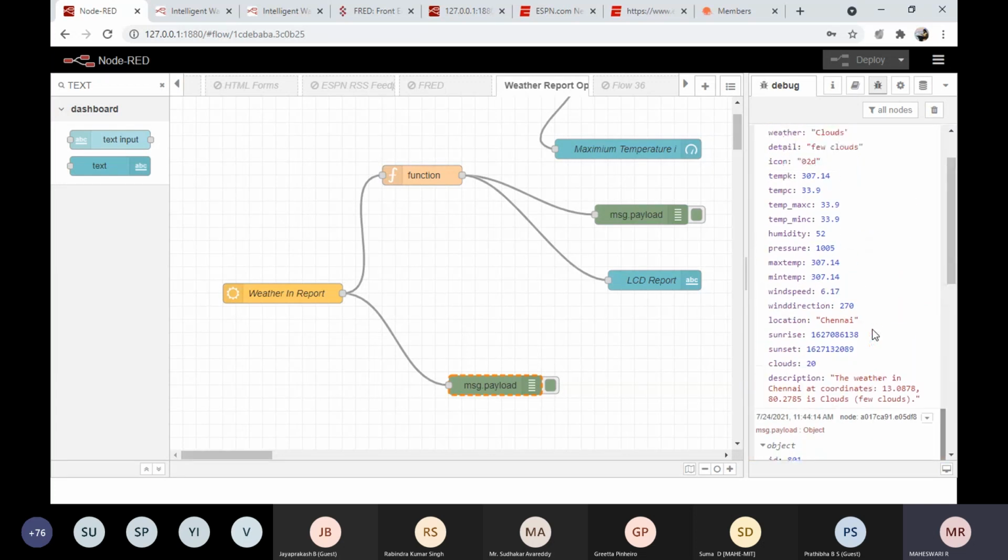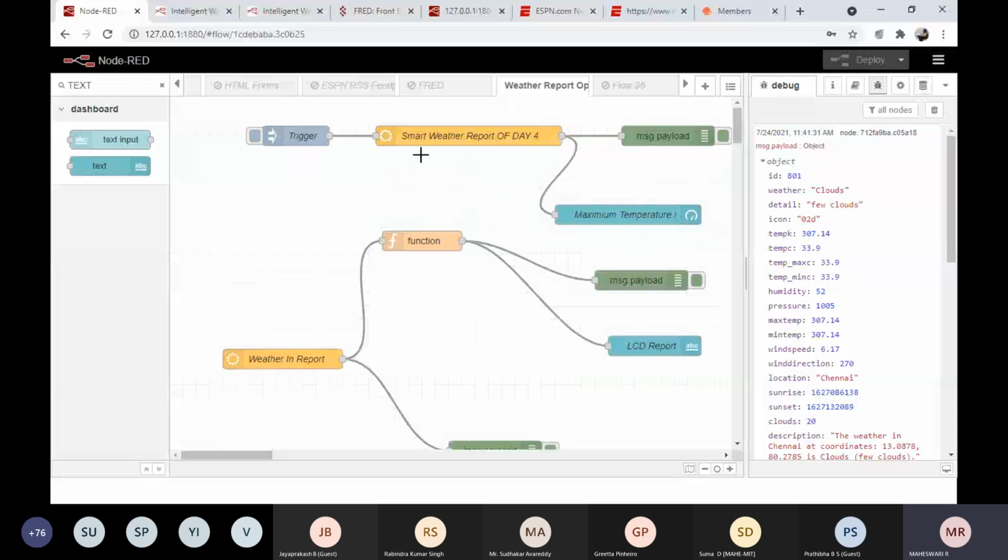Okay, so that is the function of all this weather report. So any weather data you can take, you can process it. So you are not doing any big calculations or big programming here. You can perform some operations using this drag and drop, and you can complete this.